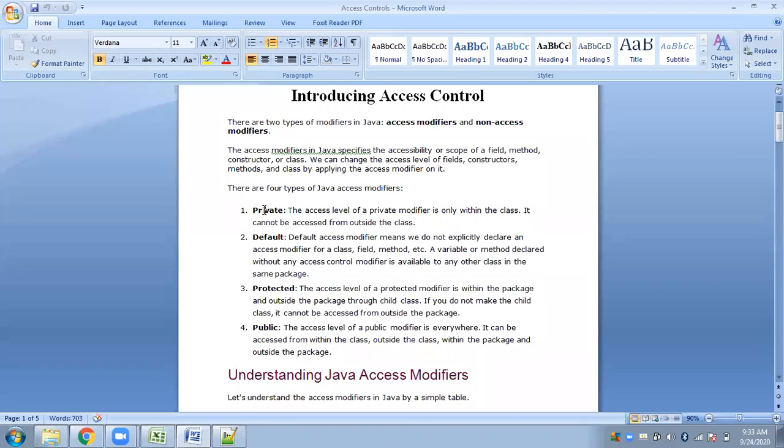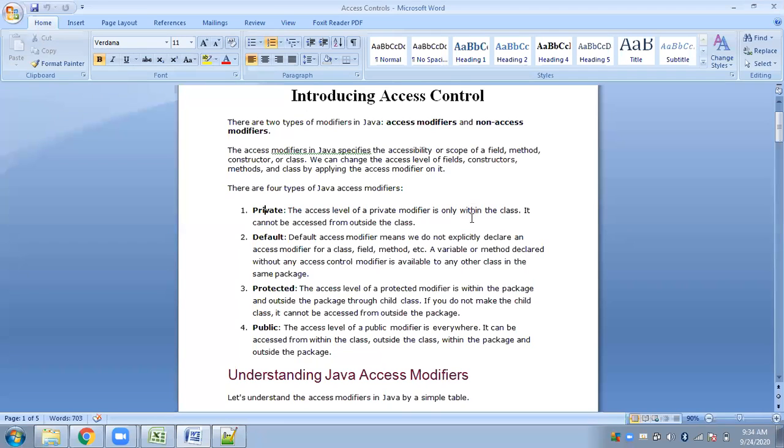In such cases, we apply this access modifier to that class, method, field, or constructor, whichever we would like to keep as private. We would not want it to be accessed by anybody else, so it is the most restricted level.